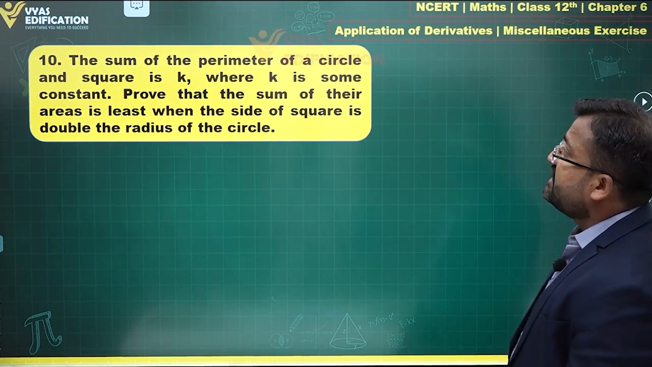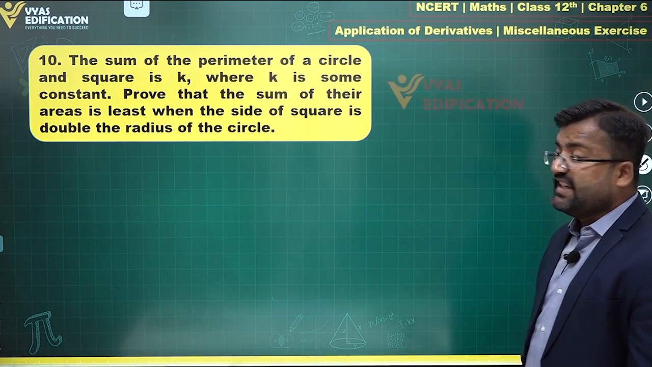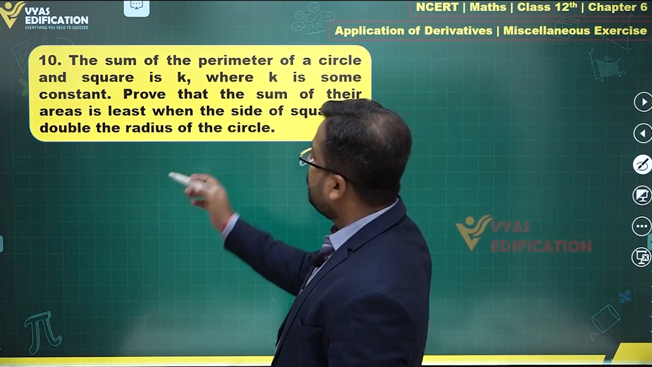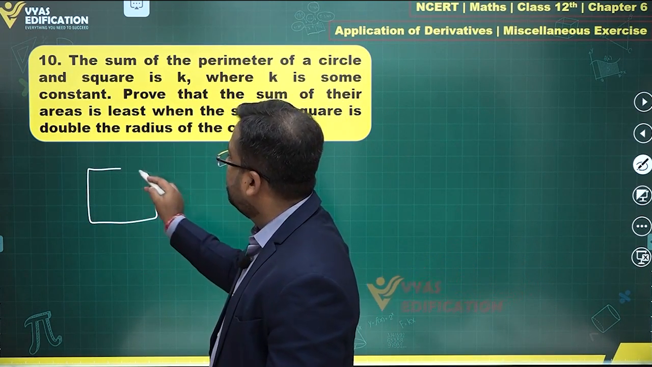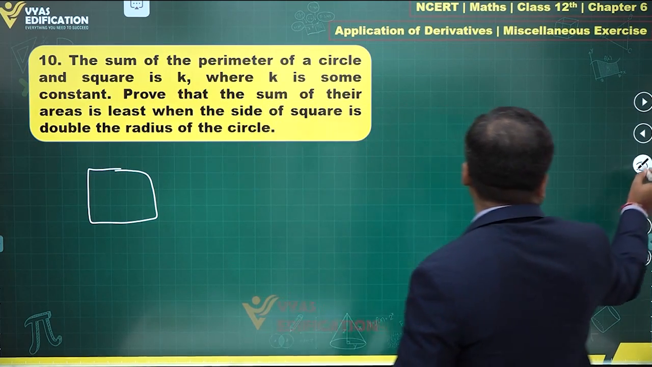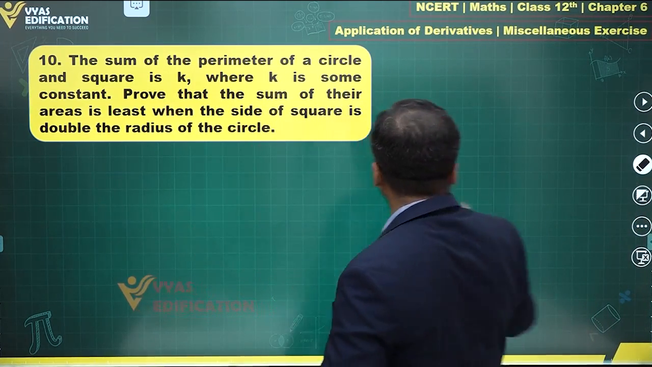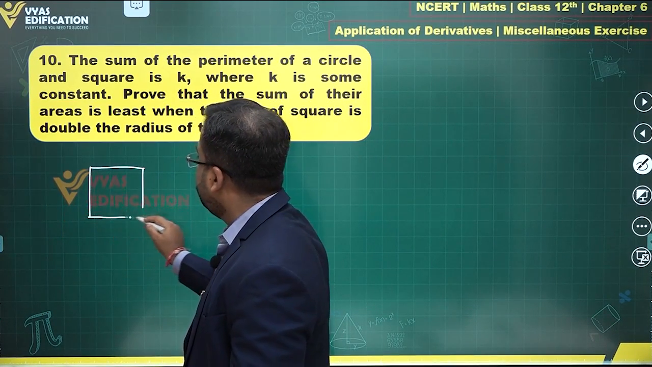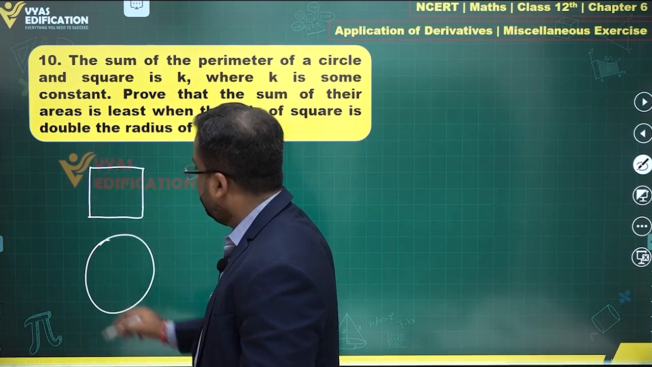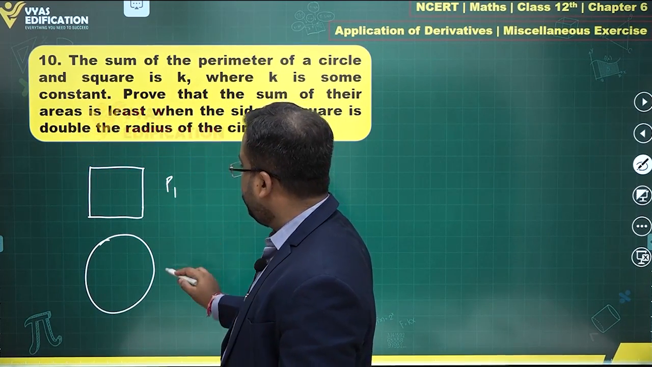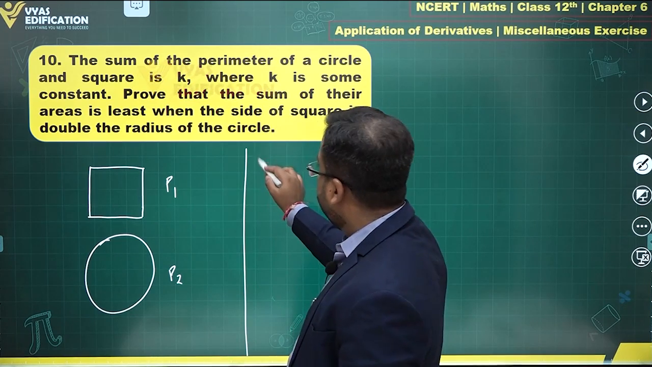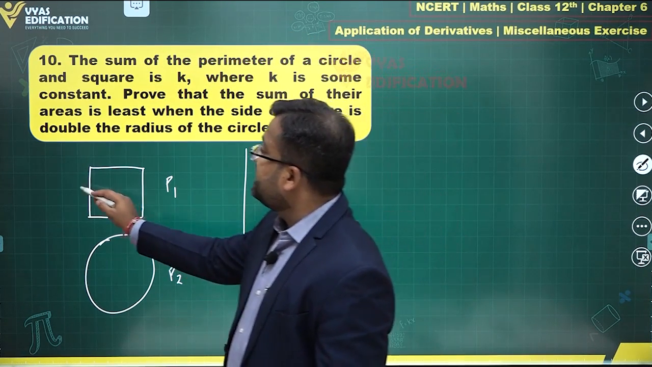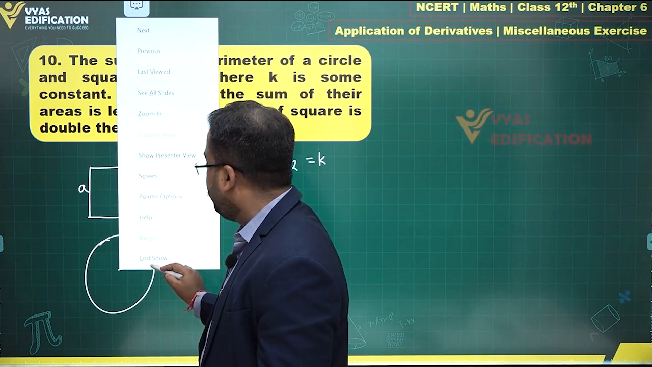The 10th question says the sum of the perimeter of a circle and a square is k, where k is some constant. We are interested in the sum of these perimeters. Let's draw the square and let's draw the circle. Perimeter P1, perimeter P2, and it is given that P1 plus P2 is fixed, which is k. If the side length is a, and the radius is r,